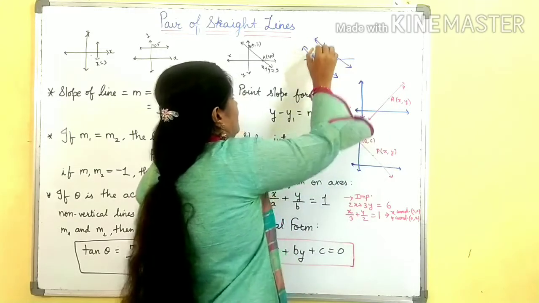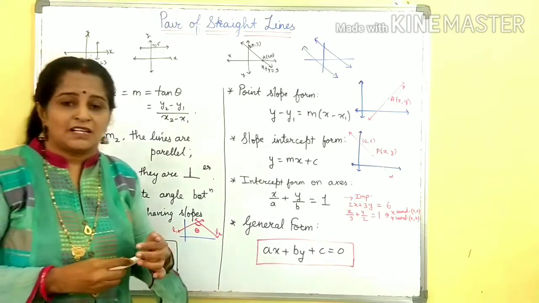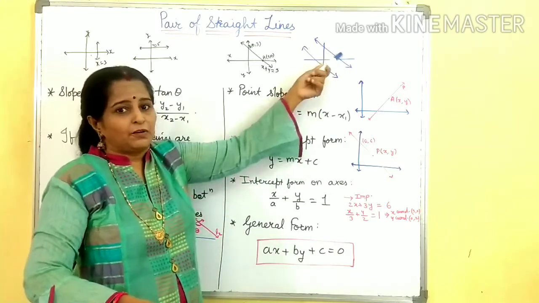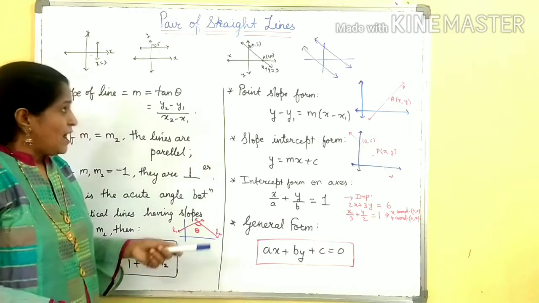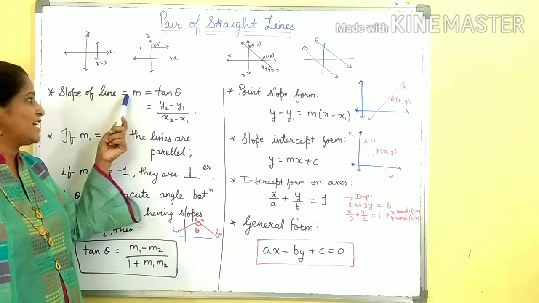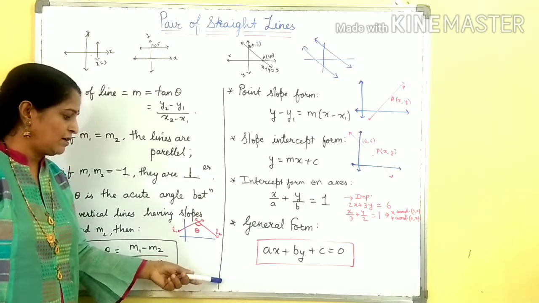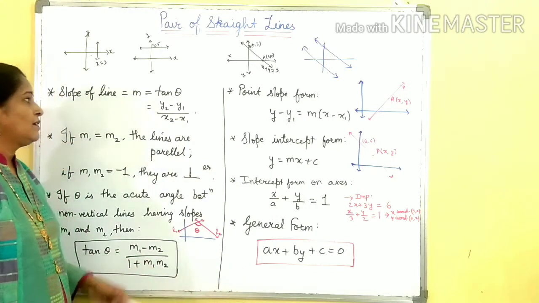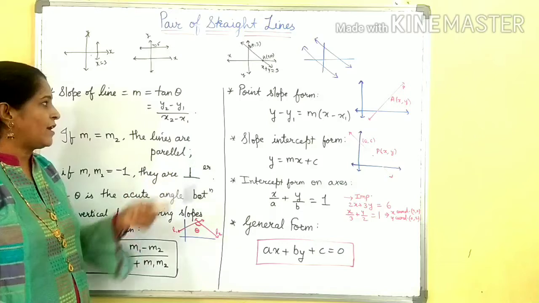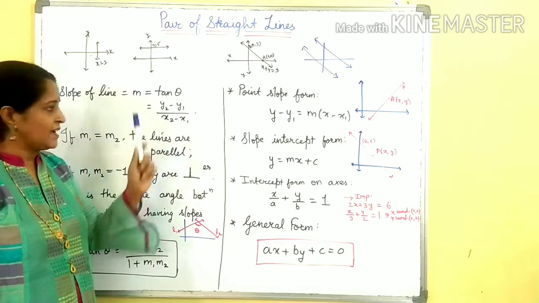Now here we consider a pair of lines. So in this whole chapter we always go through a pair of lines, meaning two lines. We studied in 11th class the slope of a line as m is equal to tan theta. There are some formulas which are covered in the 11th chapter. The slope of a line is denoted by m, and in terms of angle it is tan theta. For coordinates it is y2 minus y1 upon x2 minus x1.